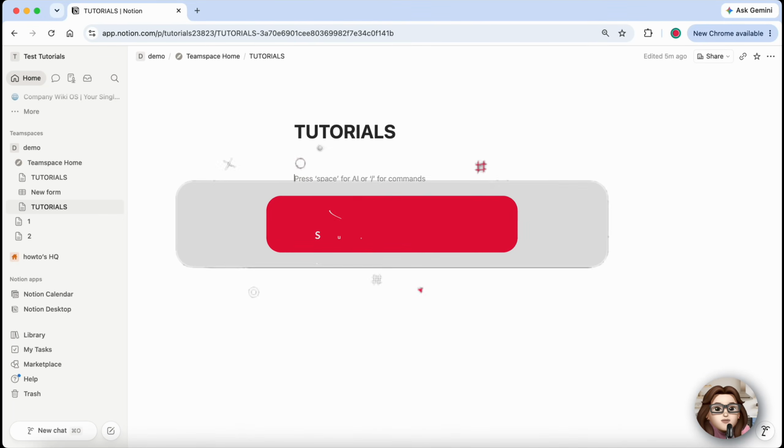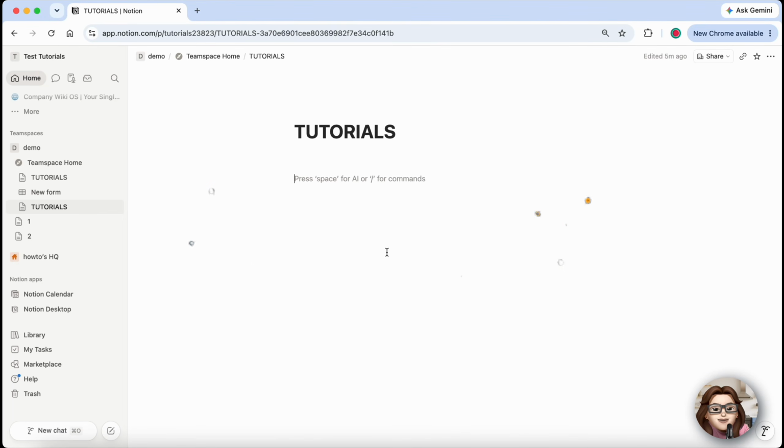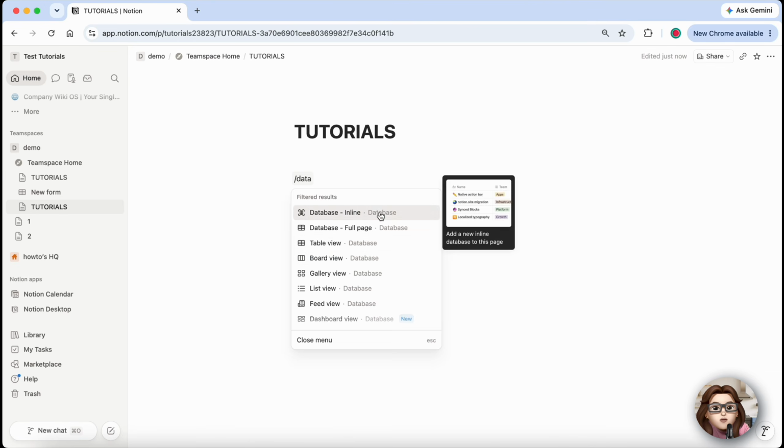In this tutorial, I'll show you how to display page cover images in Notion Gallery view. This makes your database more visual and easier to browse. Let's get started. Open your Notion database and switch to Gallery view, or create a new gallery view if you